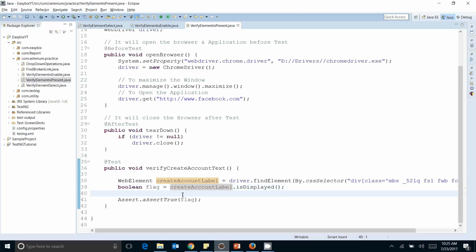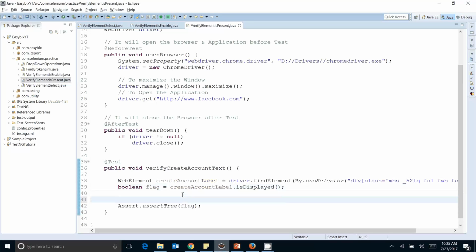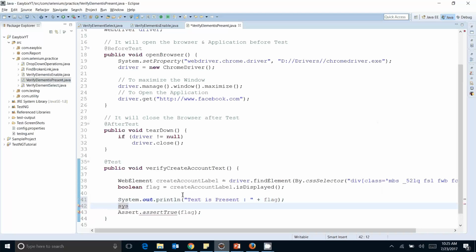If you want, you can do one thing. You can print out the text value, like "text is available", "text is present", and put the flag, so it will print true if the text is present. And you can also print the text. What is the text? So, "text is",